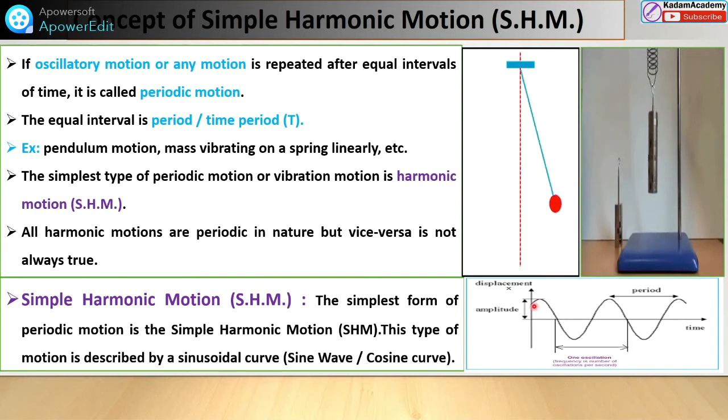Here, the maximum displacement from the mean position, this is the mean position line. The maximum flow of this wave, from this point to the mean position, is called amplitude. And the wave, suppose it starts from this point, comes down, comes up, and again comes to the mean position. This is nothing but one oscillation, and the time required to complete this one oscillation is the period or time period. So these are the very basic concepts.